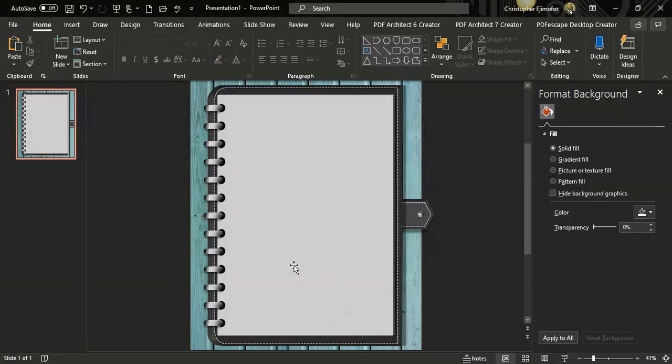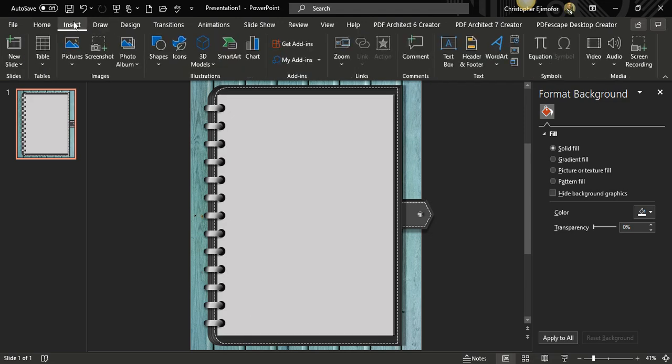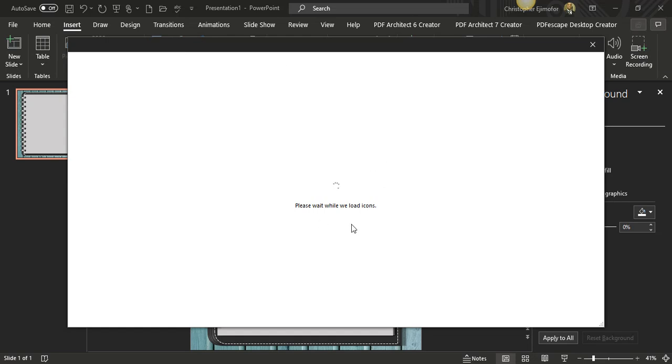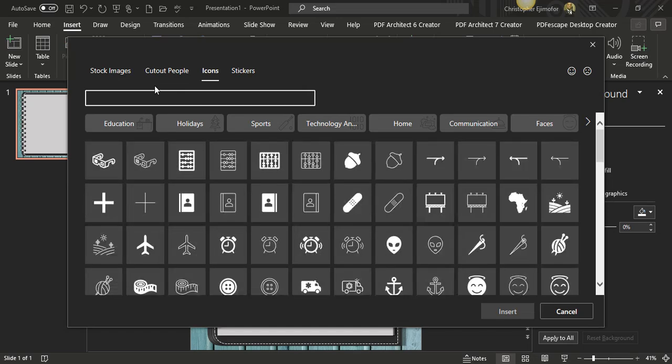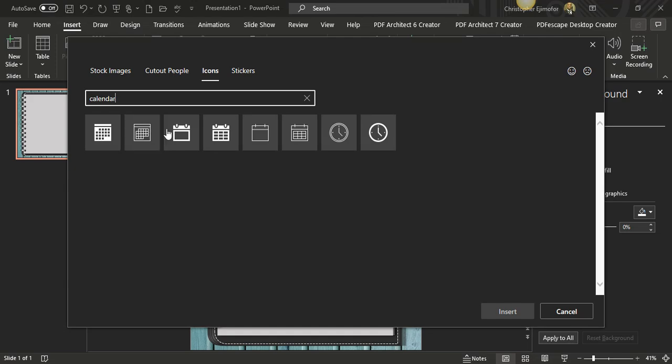And now let's put some apps, and it's easy. Go to insert and go to icon. You must make sure you have an internet connection for this to work. Okay, if you don't have internet connection, this part will not work. Okay, so now you can put in whatever you want. So let's say calendar. Let's pick this one, and the next one you can put